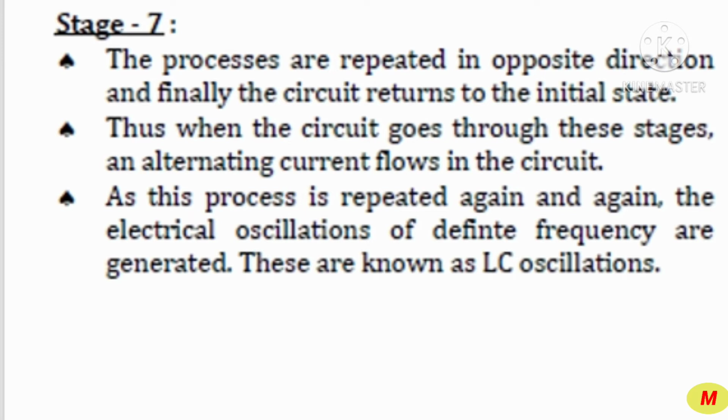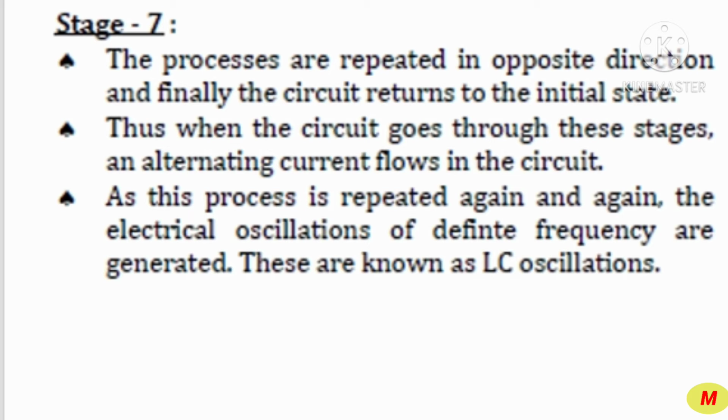Next one is stage 7. The processes are repeated in opposite direction and finally the circuit returns to the initial state. Thus, when the circuit goes through these stages, an alternating current flows in the circuit. As this process is repeated again and again, the electrical oscillations of definite frequency are generated and these are known